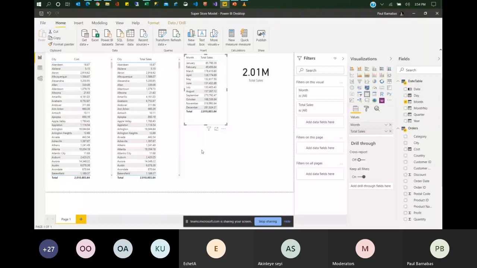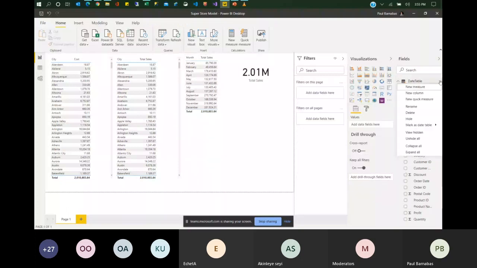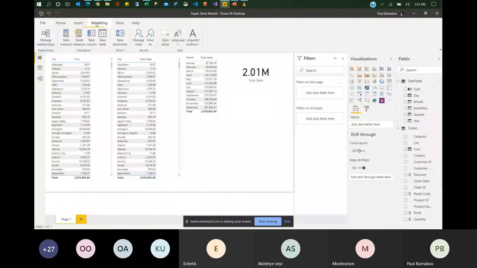Take note of that. So I want to create quick measures now. So I want to click on quick measures. You can either go to model, quick measures, or you come to the field pane, click on any one of the columns or the tables, click on these three dots and click on quick measures.